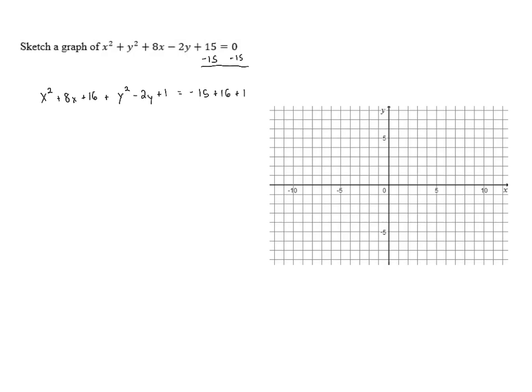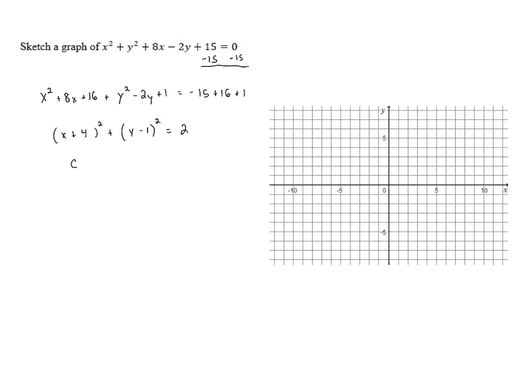Now we can factor each of these perfect square trinomials. x squared plus 8x plus 16 is going to be x plus 4 squared, and then y squared minus 2y plus 1 is going to be y minus 1 squared. Then on the right, negative 15 plus 16 plus 1 gives us 2. Now we have the equation in the correct form,